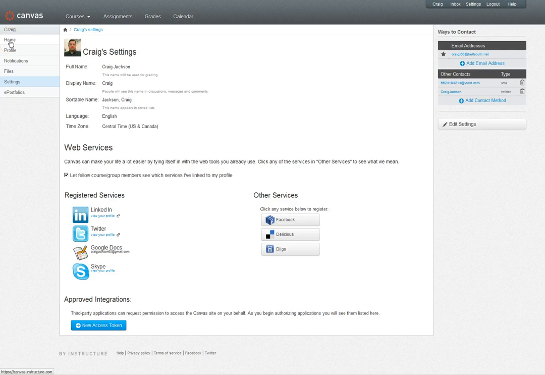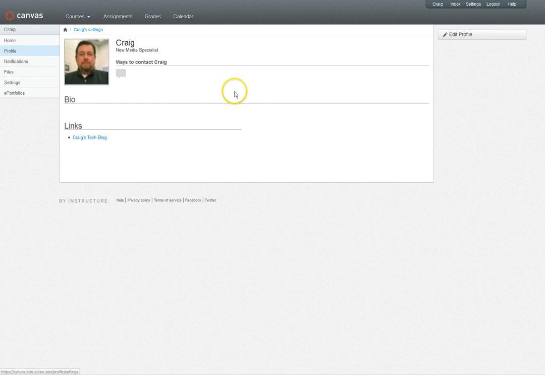The home button will take you back to the home page. The profile button will allow you to see your profile. If you need to edit your profile, you will click the edit button. You can put in ways to contact, a little bit about your biography, and any links you would like to share. The notifications area